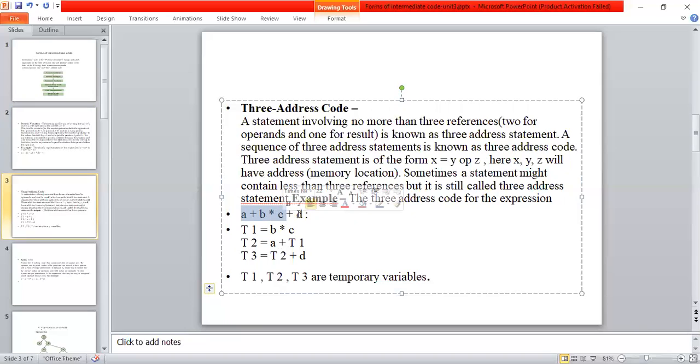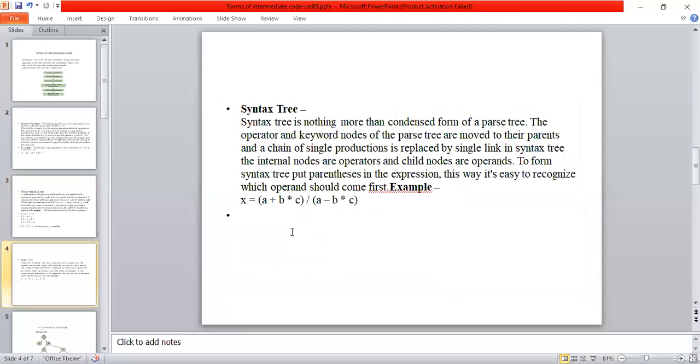This t2 I'm adding to another variable called d. So t2 plus d, adding these two values, storing the result into t3. So here t1, t2, t3 are called temporary variables. Now observe here, each statement is represented in the form of three address code. Hence it is called a three address code statement.